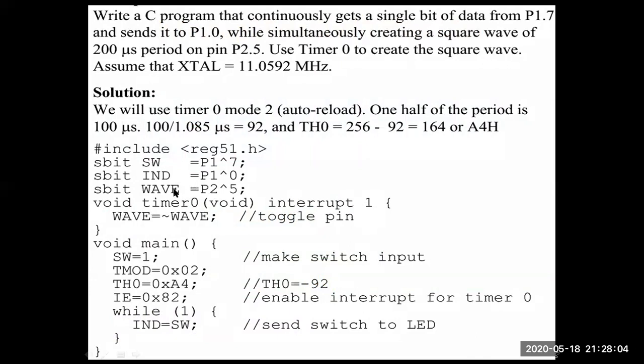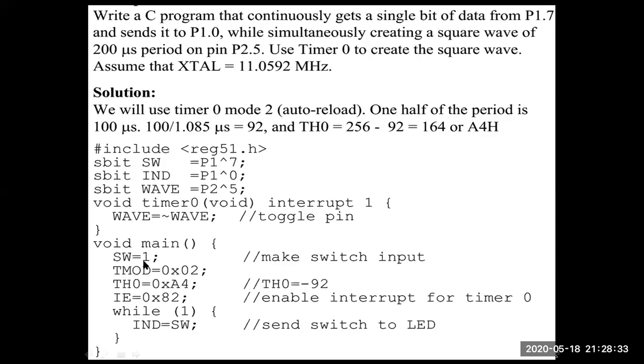So that you initialize to wave. Wave equals complement of wave, which means every time you are toggling that pin. This is the main program, void main, and you are making the SW pin an input pin. It is acting as a switch. When you press that switch, if this port is 1, this should be 1; if this is 0, this should be 0. So you are making this switch an input.